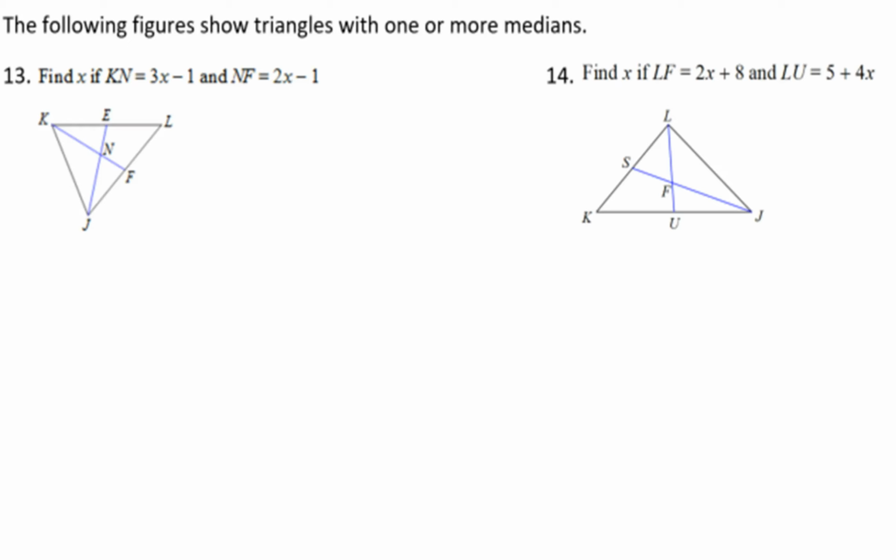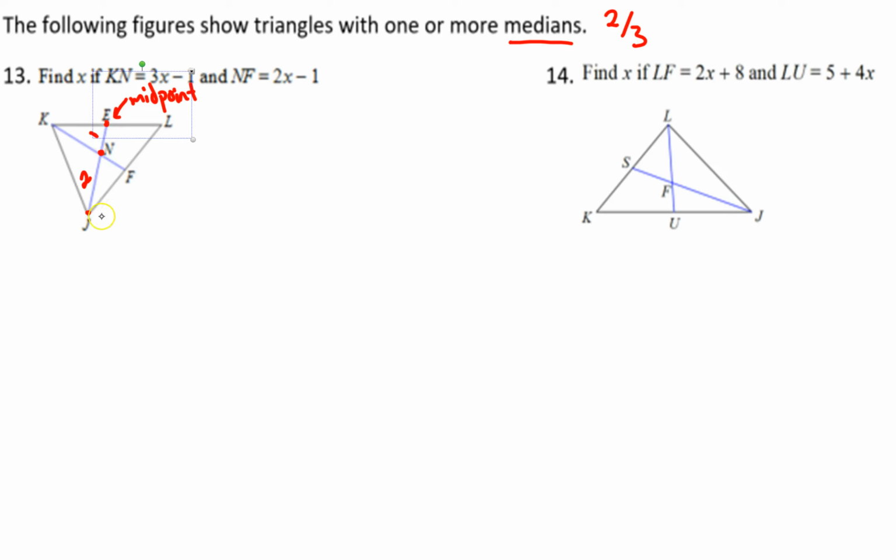Alright, so our last type of problem here deals with the medians of a triangle. So anytime you see the median, you have to think about that 2/3 rule. That 2/3 rule basically says that when a median crosses a triangle, which a median is from the vertex to the midpoint of the opposite side, and when that median crosses a triangle where two medians intersect, so this point here, it creates a break of the line where from J to N is 2 parts and E to